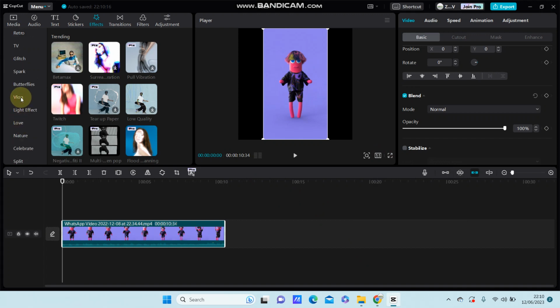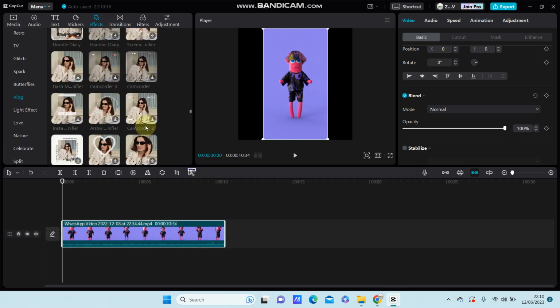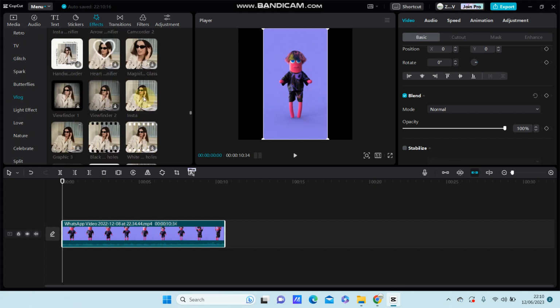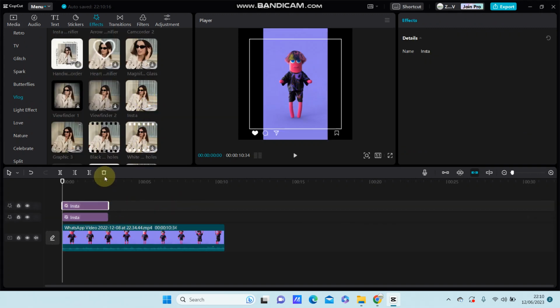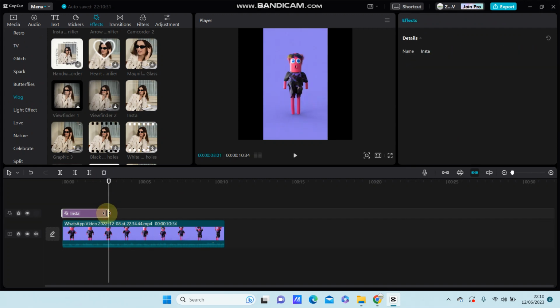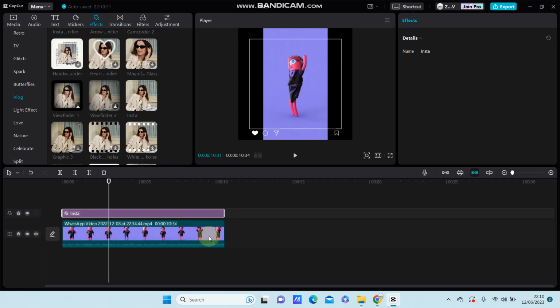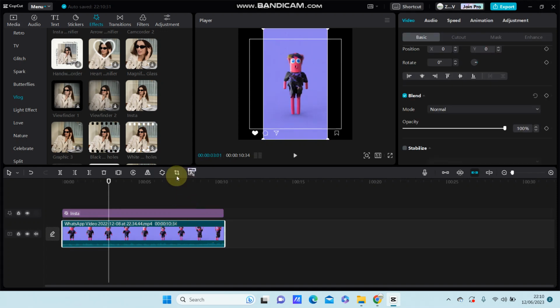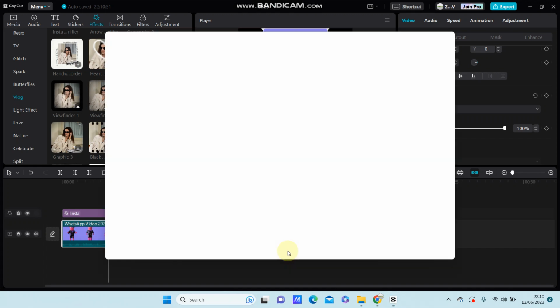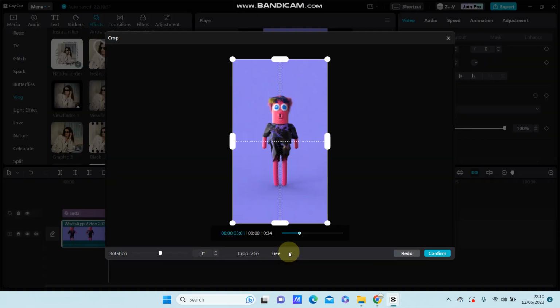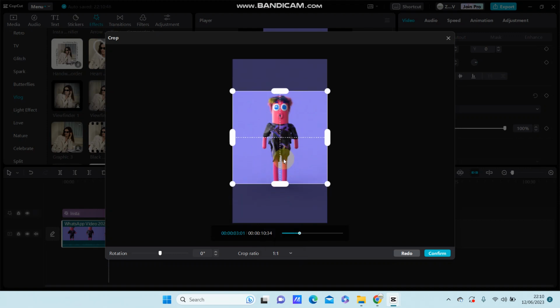flood, and then scroll down to find Insta, just add it to the track, and store this region the same line, and then you can select your video and crop your video. Select 1 to 1. Let's confirm,